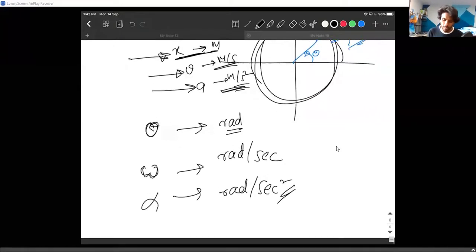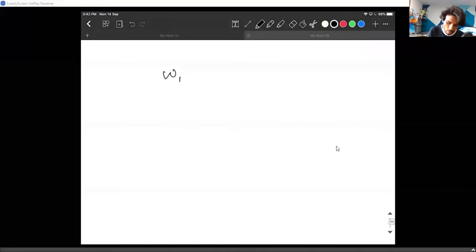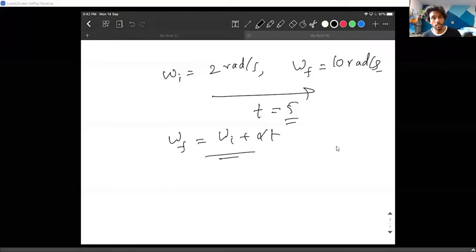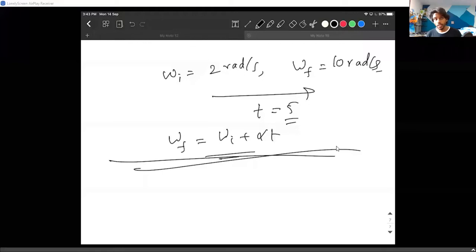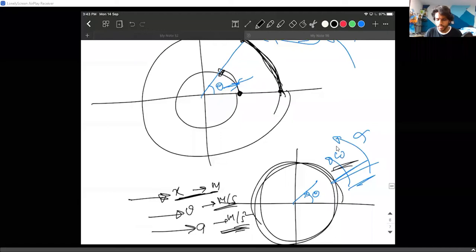So they give problems like a body having an initial angular velocity omega initial equal to 2 radians per second, omega final equal to 10 radians per second, maybe, let us just say. And it took a time of 5 seconds. What is the angular acceleration? We have formulas like omega final equals omega initial plus alpha t. You put in all the quantities, you find the values. It is as simple as this. Now, I'm not going deep into this idea because dealing with this topic is very easy.